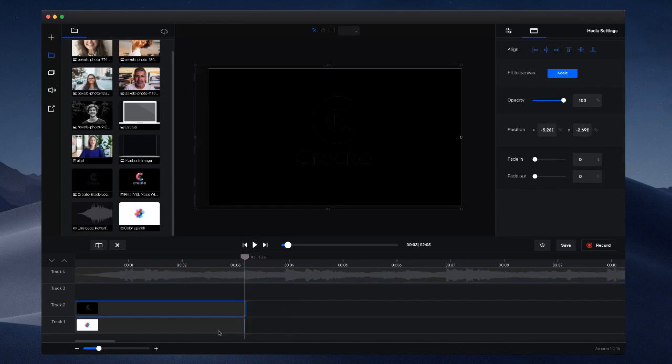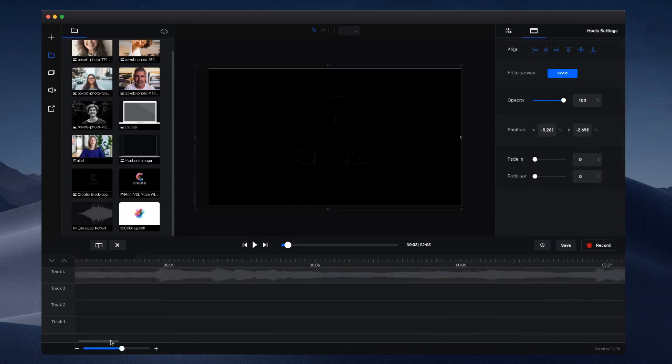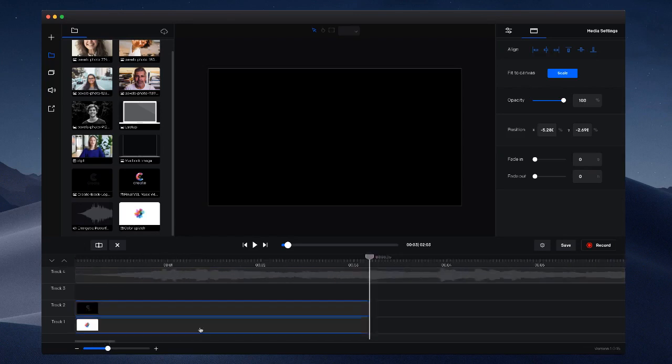I'm just going to maybe zoom in a little bit closer and see a bit better to make sure that I'm well in line with that beat. Okay, cool. So the beat's about there. So I might just cut this about there. That looks good. Cool. So the next thing I want to do is add a shape to the bottom,